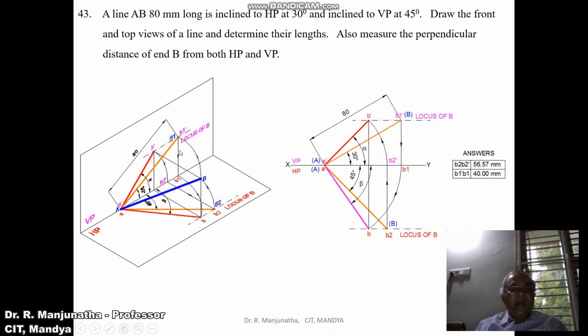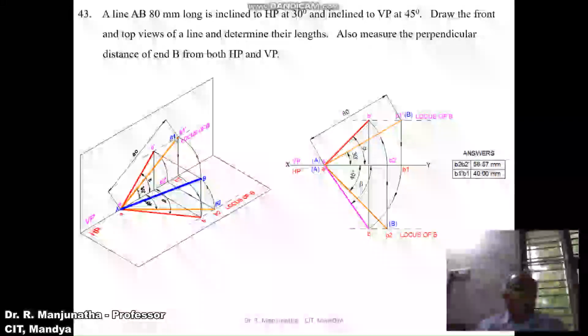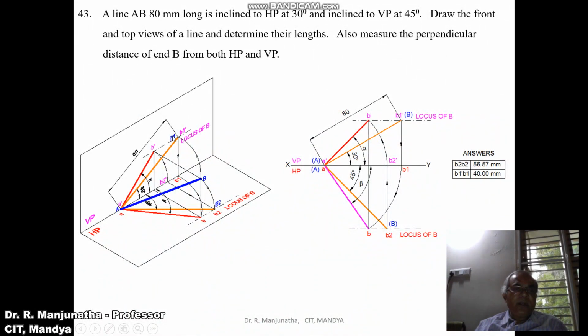So actually what is happening in this space is you are taking that capital AB1 and rotating it in space such that B will be on the locus of B in the top view at this point. So when you look from the top view, it will cut the locus here, and also when you look from the front view, it will cut the locus here, so that you get this point in space. That is the reason why.